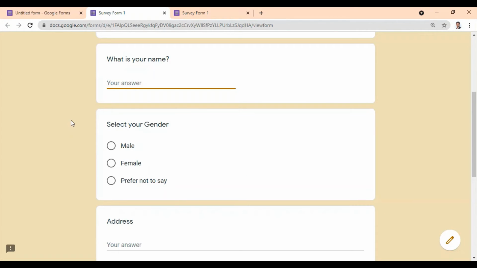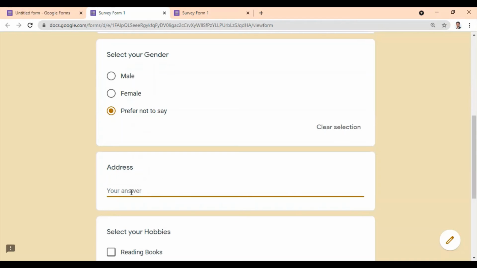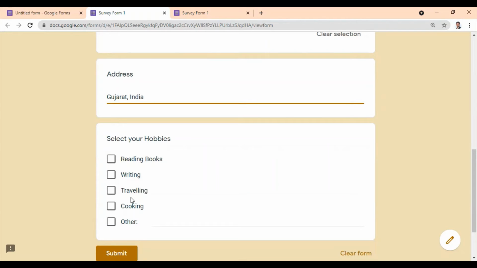Now let's add sample data again. Prefer not to say, address, and select your hobbies, maybe multiple hobbies, and in case of other you can also write.